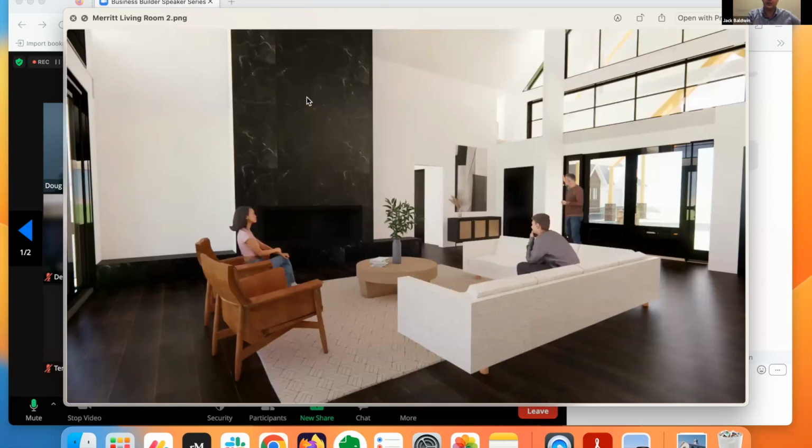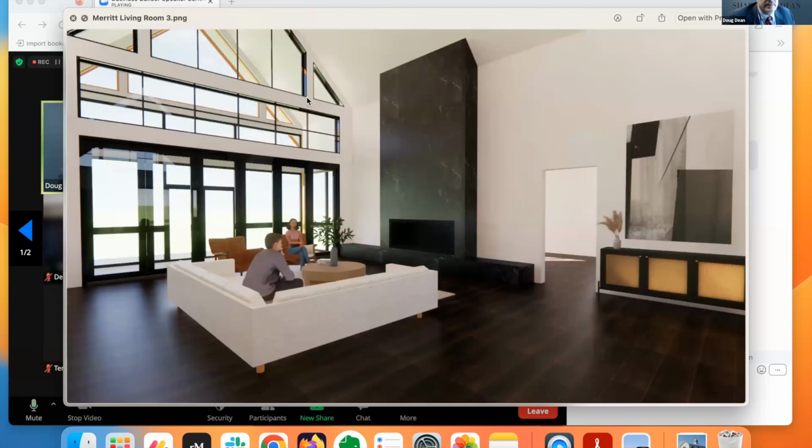I hope these are showing up, but this is what my company develops as we're closing towards construction. Jack, those are phenomenal. I do see them, and quite honestly, they look like photographs, not computer generated. That's the idea. Yeah, we want it to look as close to real as possible so they can see where the